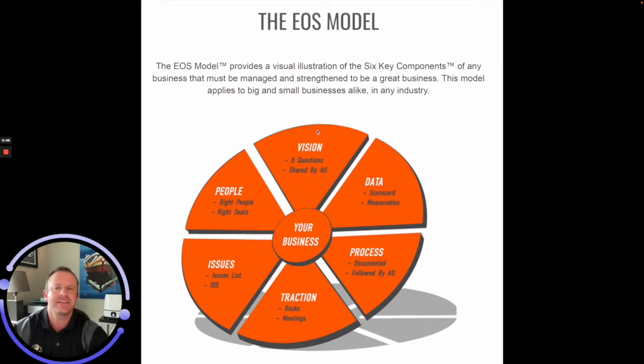I'm just going to take the opportunity to create a few videos to share with you, just to go over how our company operates and what the foundation of how we do that is structured. And you're going to see this word a lot, EOS. EOS stands for Entrepreneurial Operating System.